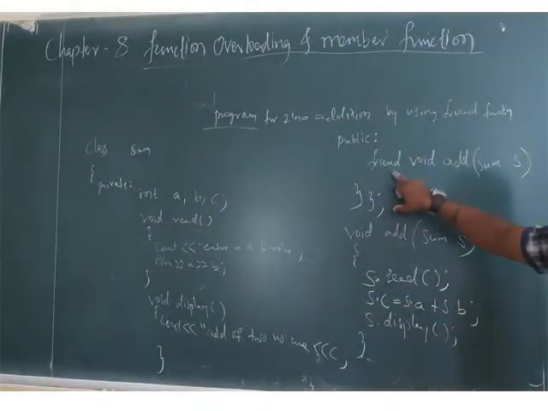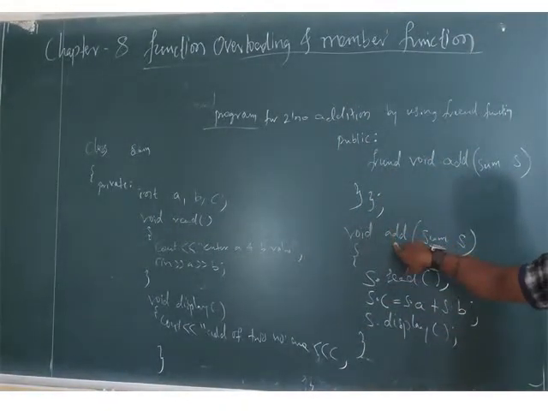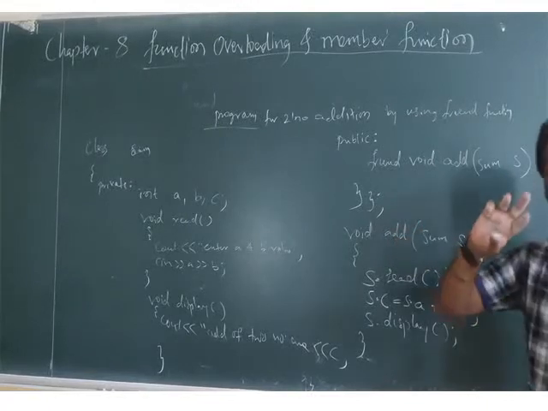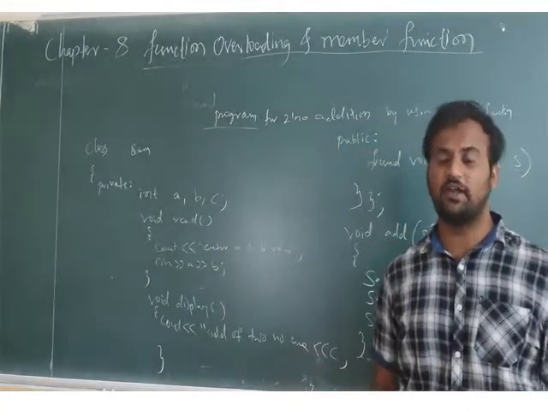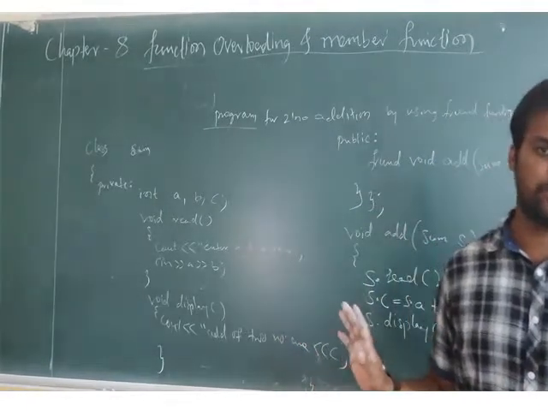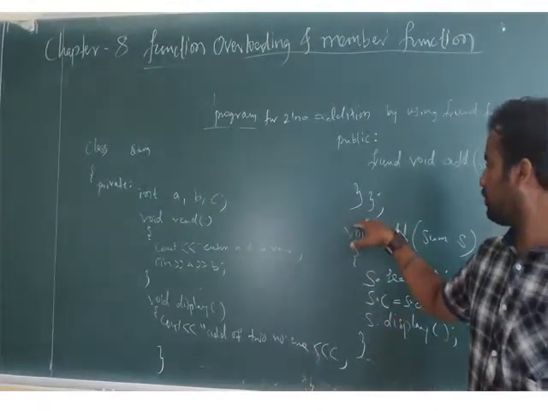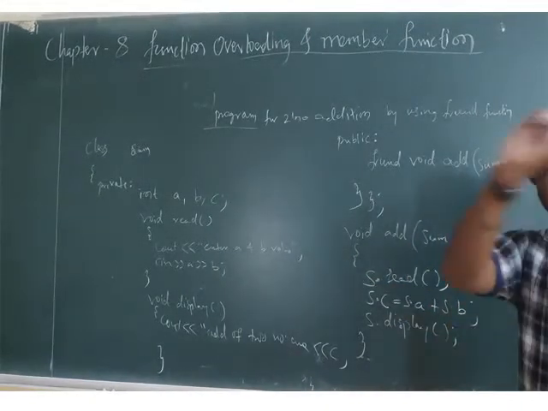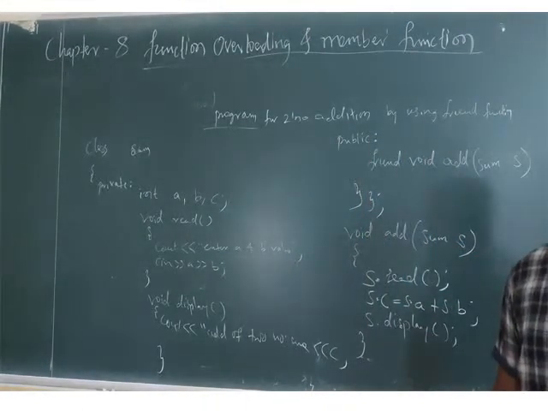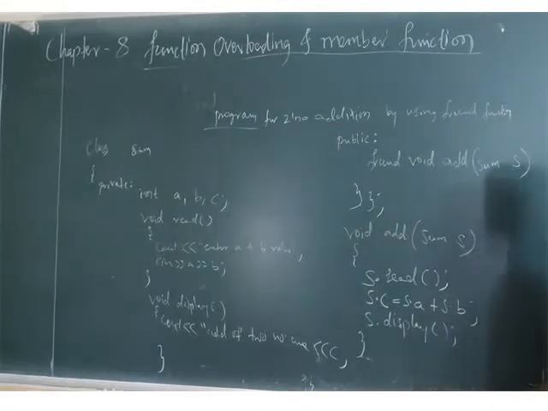Write a friend function here. No need to write anything outside. Someone will ask, sir, when we write outside the class, the scope resolution operator is required. In a friend function it is not required. Anywhere else outside the class it is required, but for a friend function defined outside the class, the scope resolution operator is not required. Remember.